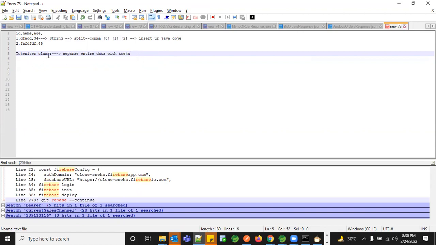So there are multiple classes in the Java API we can use. And if you are not sure why you need a tokenizer class, you can still take it as a string and then decode your entire string. So this is the first way.